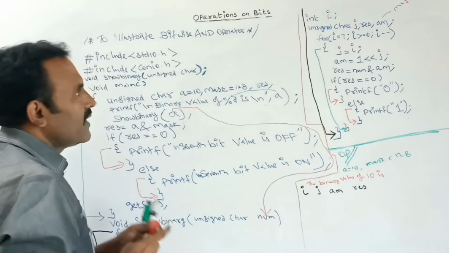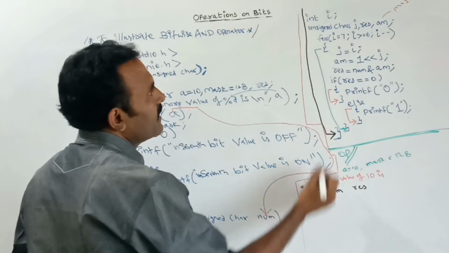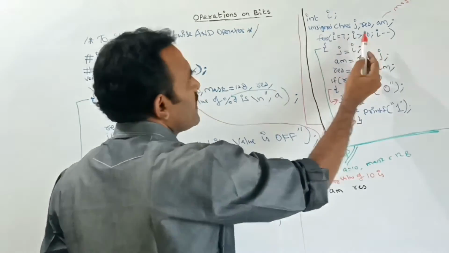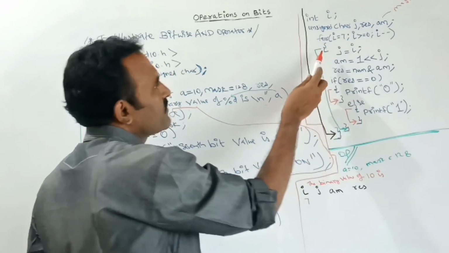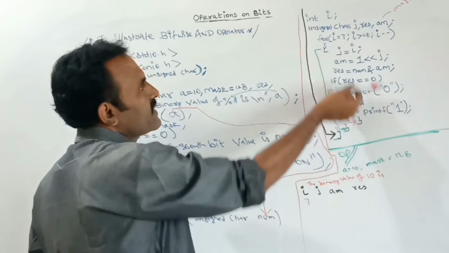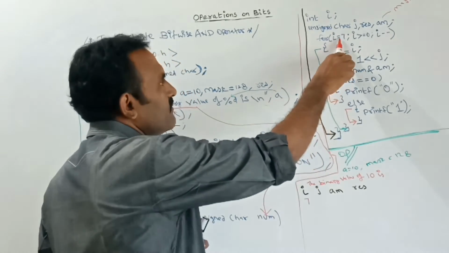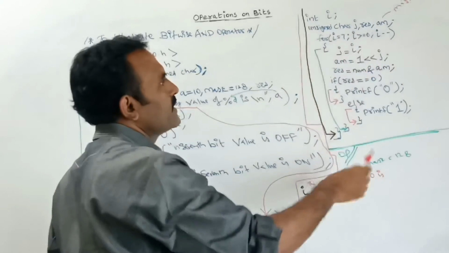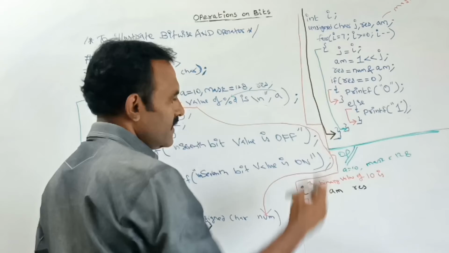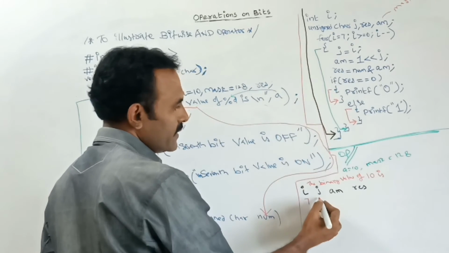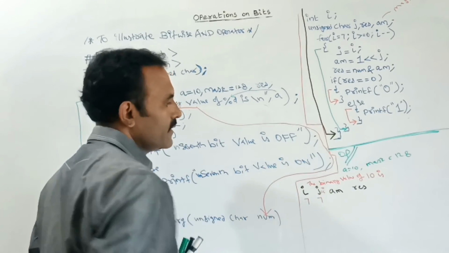The for loop, what is the starting value? Initialize value is here, it starts from 7. See, for each and every time it check the condition. If the condition true, then inside this for loop, that is from this brace to this brace, inside every statement will be executed once the condition is true. So here 7, it check the condition, 7 is greater than 0, condition true, it come inside the for loop. Here what is the j value? J is equal to I. So j also now will have the value I, because j is equal to I.